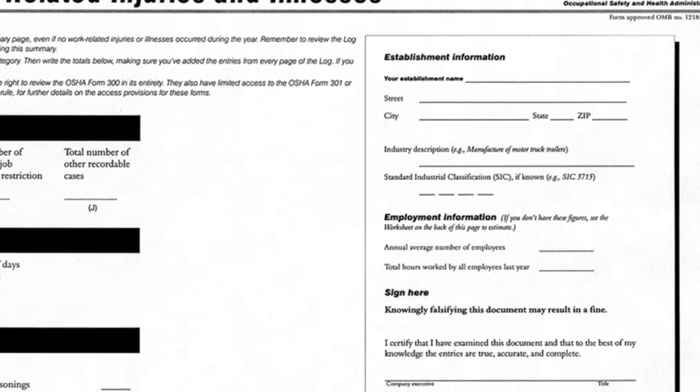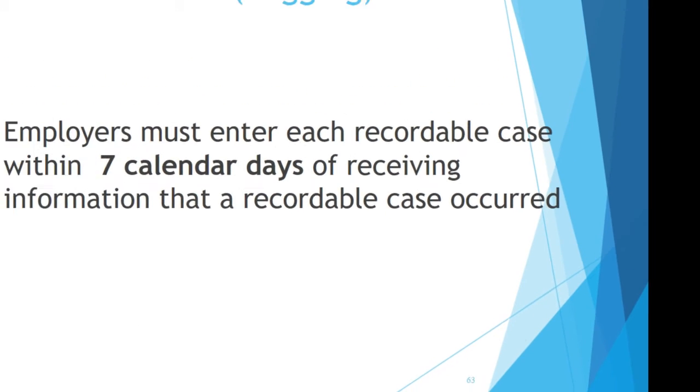So those two rates they'll have to know, and you have to have the person that is the executive there certify that they understand what's been written in this document, they've been told, and that company executive has to sign their name and their title onto this. So if you're not the company executive, then you should not be signing this 300-A summary form. It is posted February 1st to April 30th, and that is in a high place of traffic, so everyone can see where this is being posted.